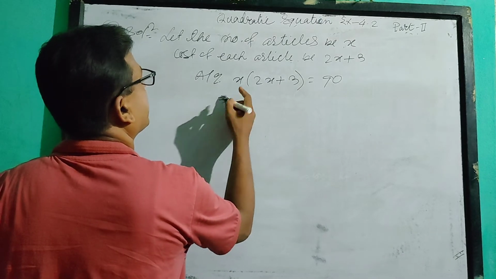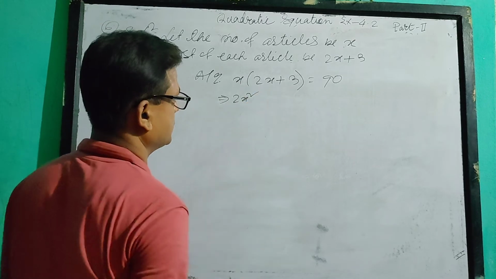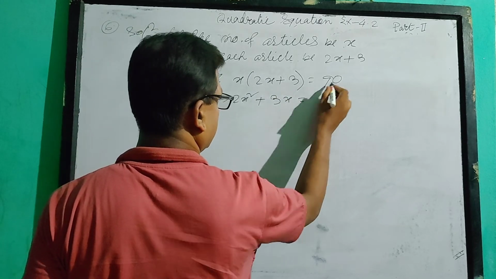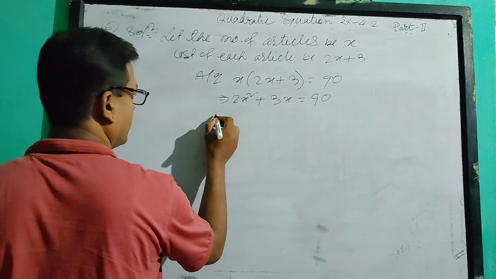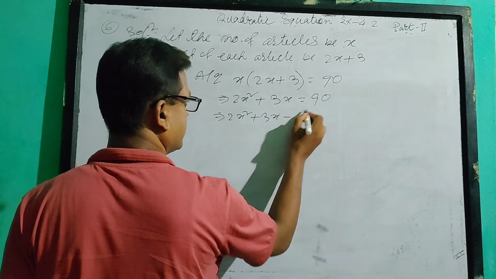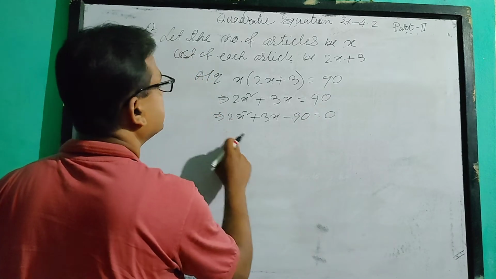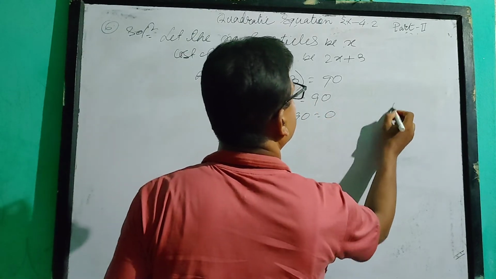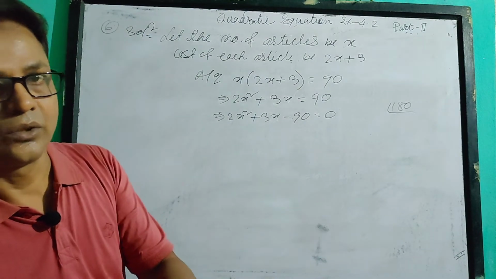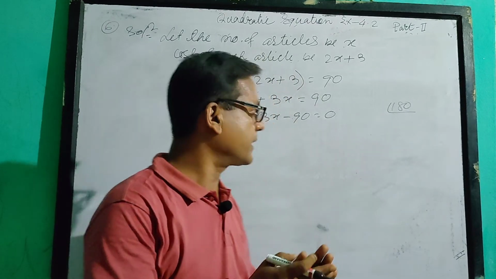Now you multiply whole into x into twice x makes the twice x square plus x into 3 thrice x equals 90, or twice x square plus thrice x minus 90 is equal to 0. Now you multiply this and this, 2 into 90 means 180. You mix the two factors, which two factors multiply, हमको 2 फैक्टर लेना पड़ेगा। दोनों को मल्टीप्लाई करने से